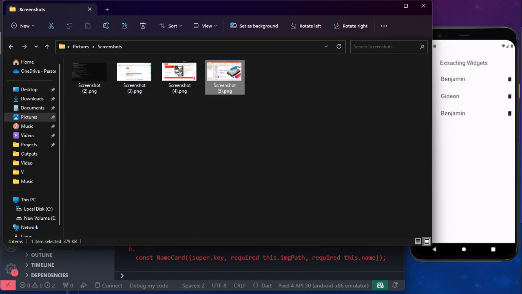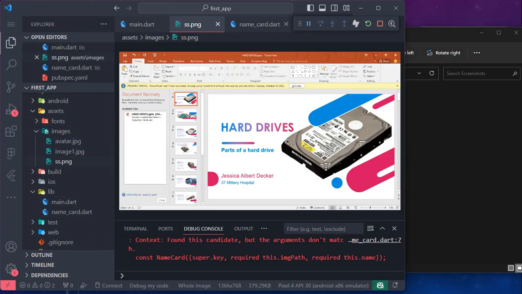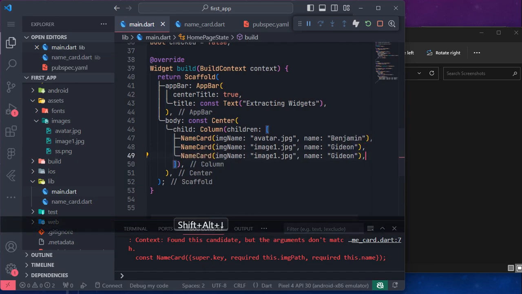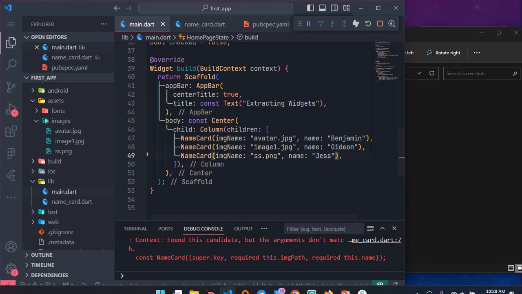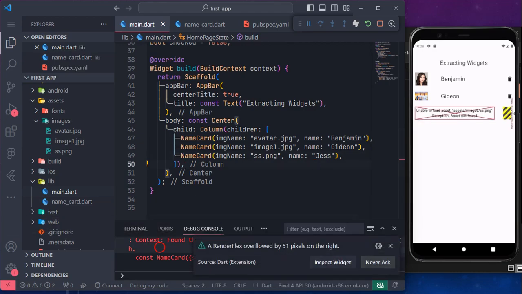So let me take this picture. Let me rename it to ss.png. So I can just drag it over here to my images. So I have ss.png. So I can just say ss, and then the extension is png. They are in the same folder. So when I refresh, I see